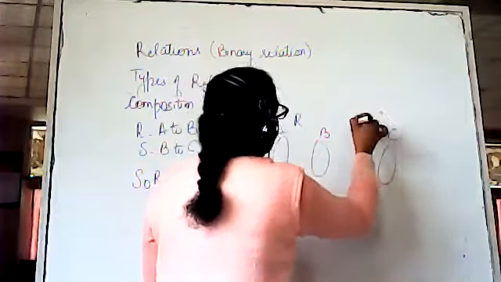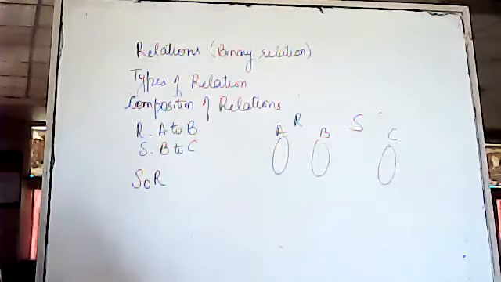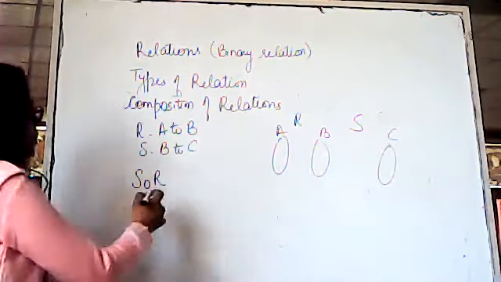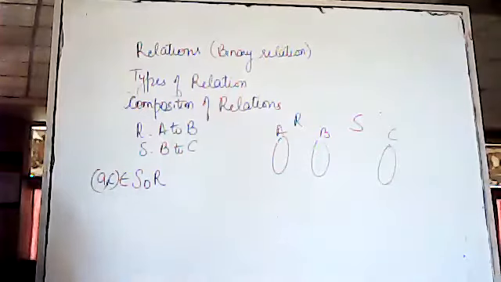This is called composite relation from A to C, where the ordered pair AC belongs to S composite R if and only if